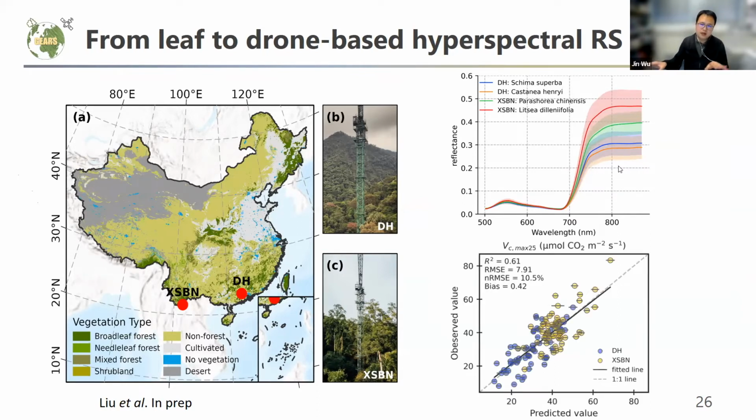And also using the paired measurement of crown-specific hyperspectral reflectance and physiological traits, we can again see a convergence of models across the two sites to capture the physiological trait variability. So that also demonstrates it's entirely possible to scale up our original understanding from the leaf level to the plot level, and even nowadays using drones to an even larger spatial extent as well.